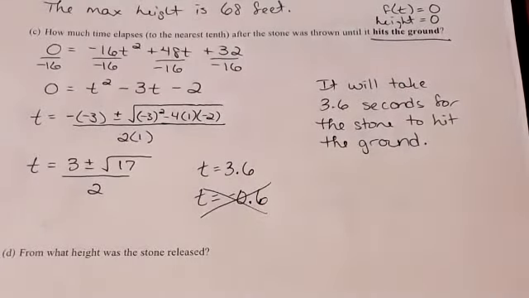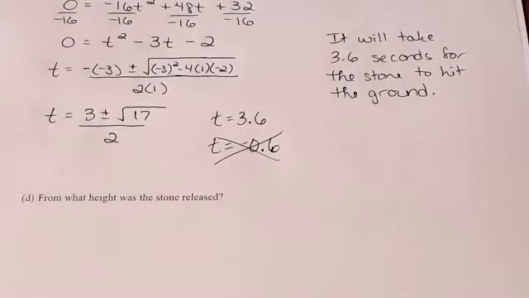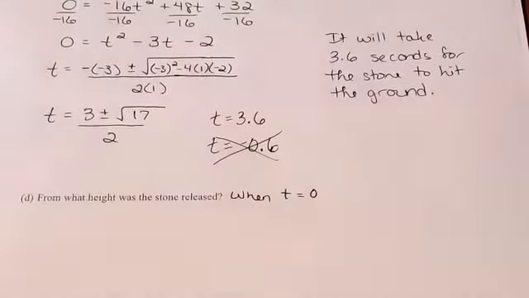Okay, it will take 3.6 seconds for the stone to hit the ground. So the last thing we want to do is figure out from what height the stone was released. When you think about that logically, from what height was the stone released, doesn't that mean at the very beginning, when we first started this thing, when time was 0? So the idea here is that we want to know the height when we start this experiment, when time is 0,